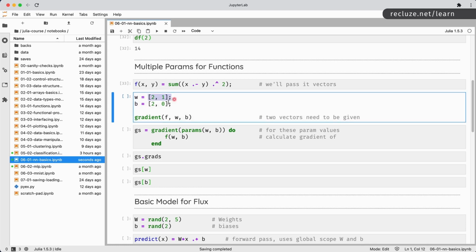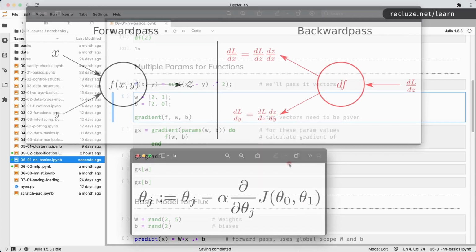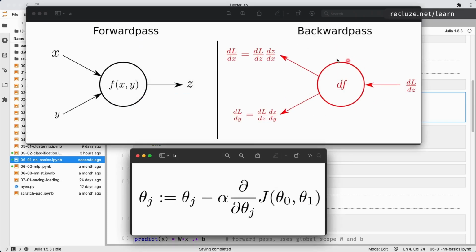There are two vectors, this and this. We are going to calculate the derivative of f with respect to these two vectors. Okay. And because these are vectors, the derivative is going to be piecewise or partial derivative with respect to this guy separately, and this guy and this guy and this guy. So there are going to be 4 partial derivatives over here. So again, if you don't recall calculus, don't worry about it. Just remember that we are calculating this derivative stuff.